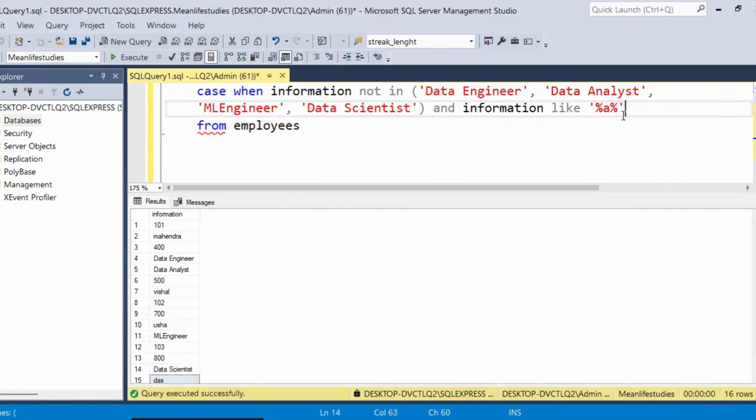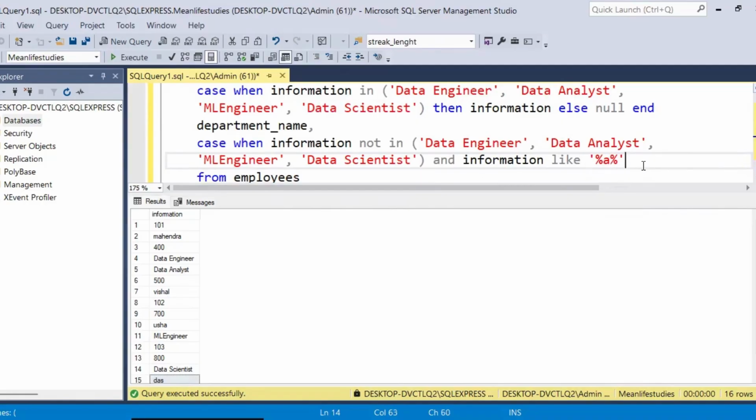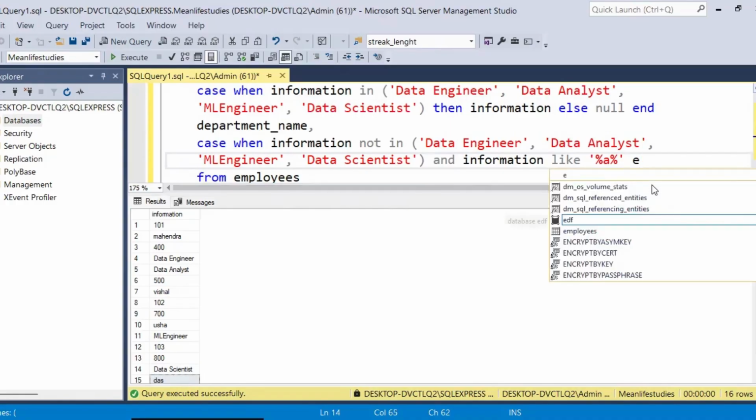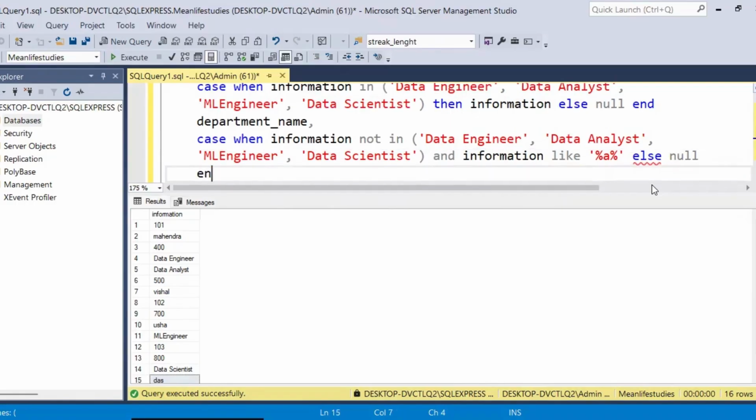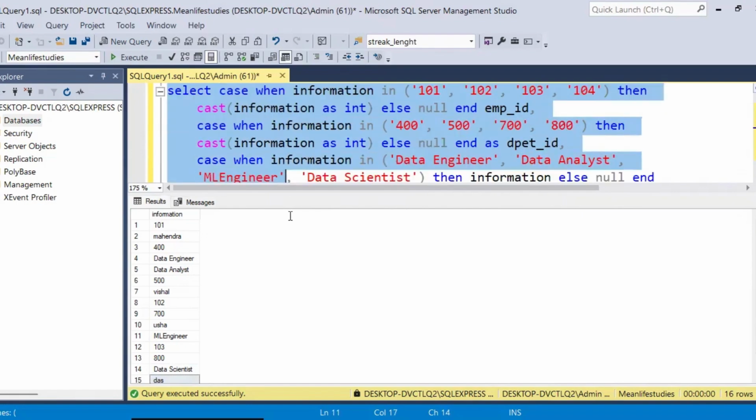So is there any A letter in any information that we are considering as this one, and also not in this particular one. Okay. So let's do it now. Else null, and you have to end this as employee name. Okay. Now if I try to execute this entire thing,